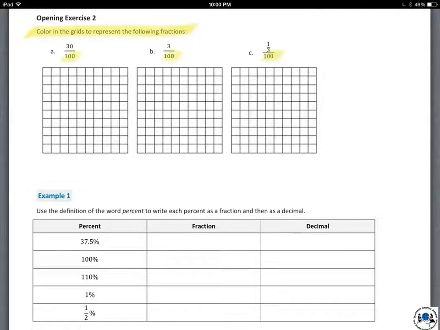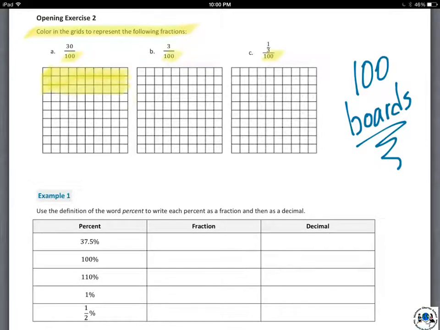Okay, so let's do that first one. If I color that in, you can see I colored in 3 rows of 10, and that was 30. So 30 out of 100, or 30/100ths of that board is now shaded in. The next one I only needed to shade 3 out of the 100, so that represents my